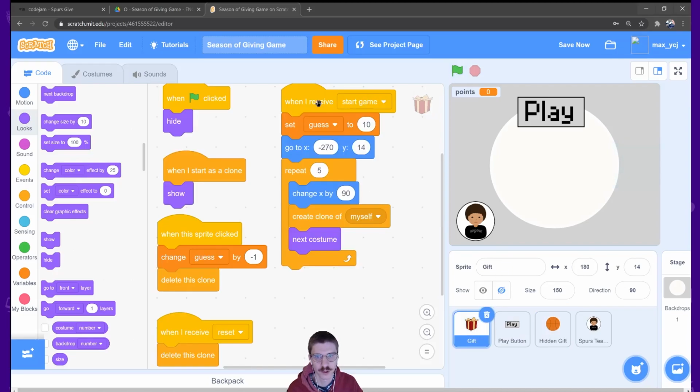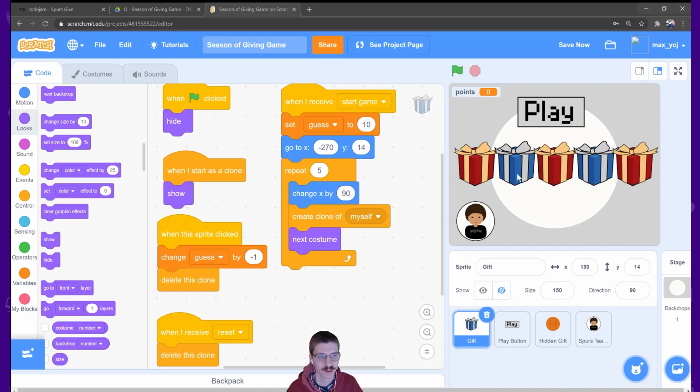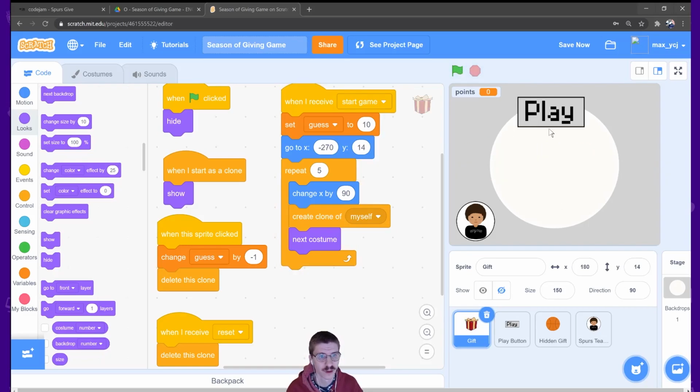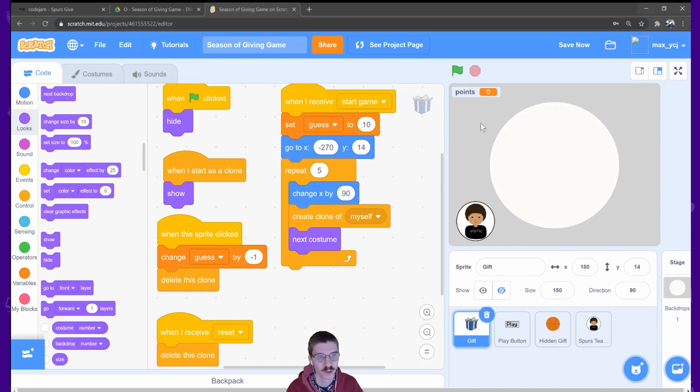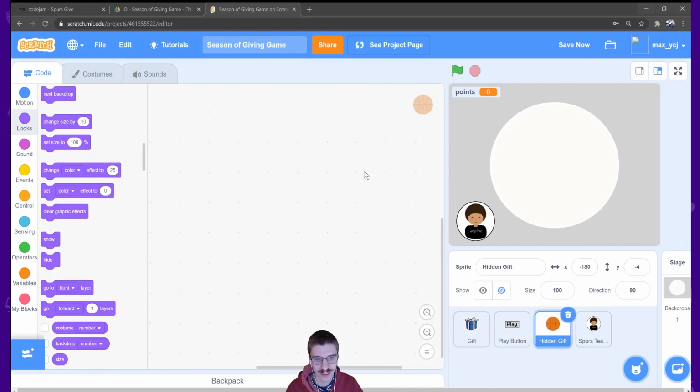So if you'll remember, we're creating 5 different clones of this gift sprite, and we want to spawn a hidden gift behind only one of these, but it'll be a different one every time we play the game. You can also test out your play button right now, and that'll actually spawn your gifts for you, and then it will go away. Now, we don't have any way to broadcast reset yet,